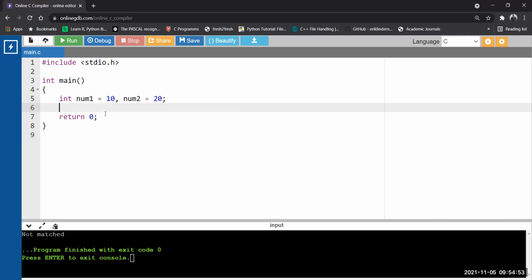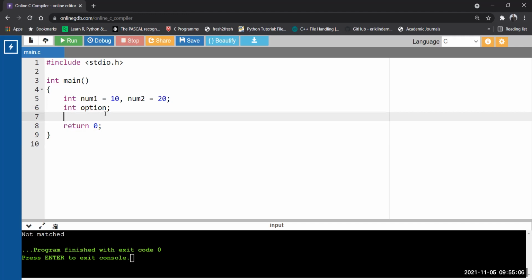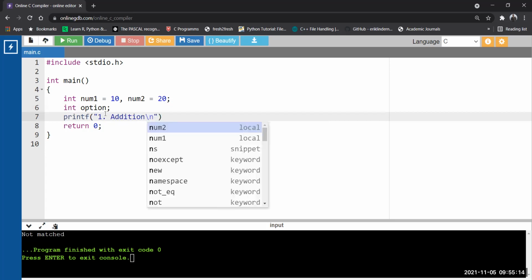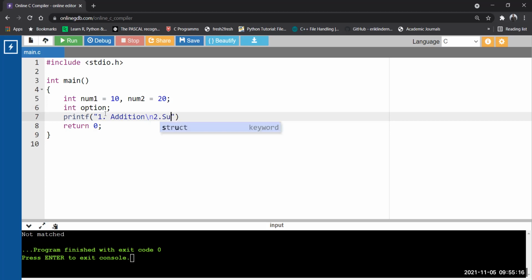Okay, fine. And now we'll ask to select an option. So let us take a variable here, option, and display the menu first. So 1 means addition. 2 means subtraction.